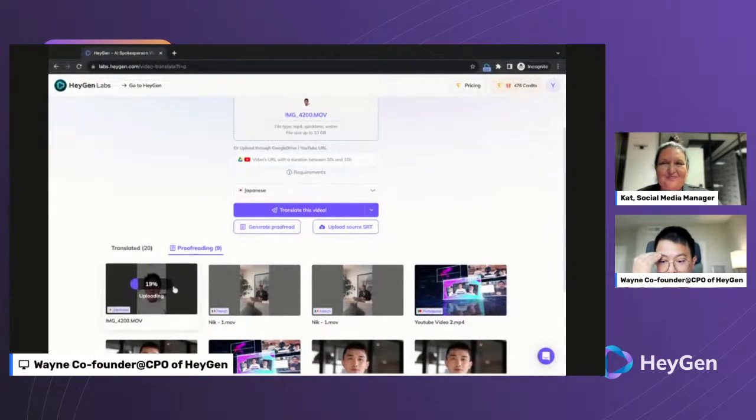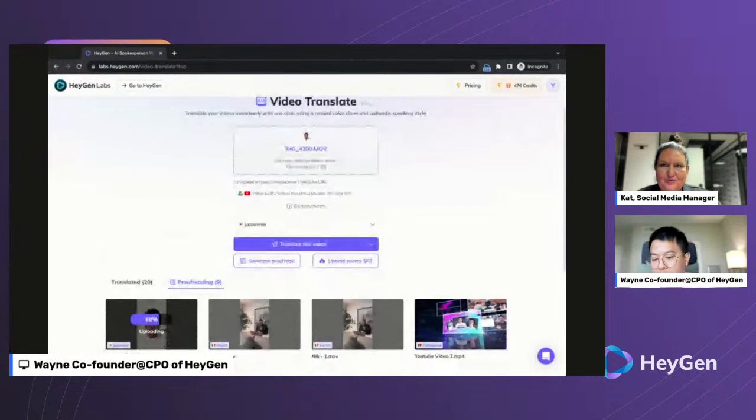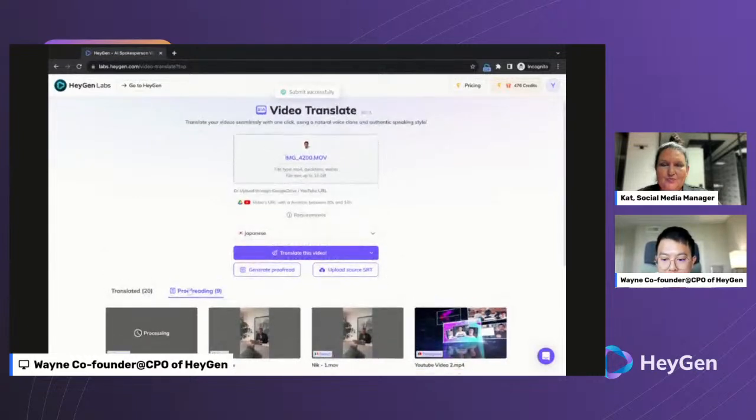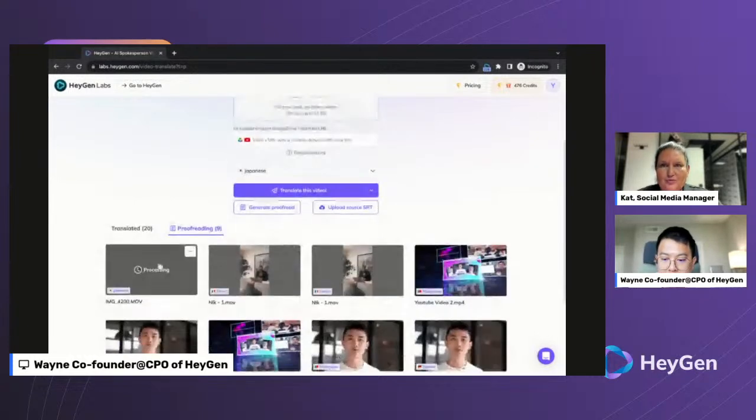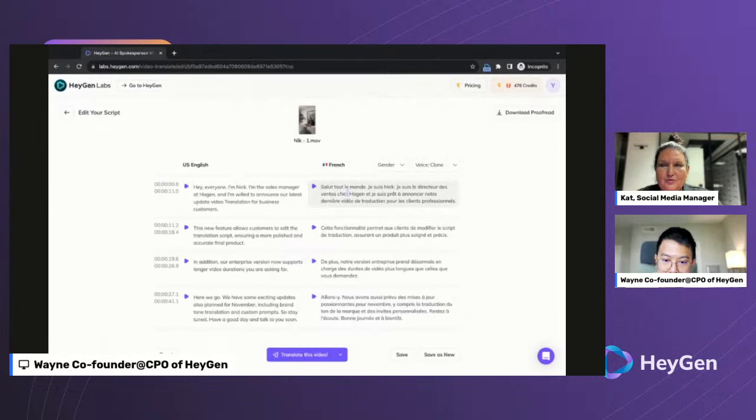So what it does is it's going to transcribe my video and translate my scripts into the target language in words for me to double check, or for my localization team to double check, so that we can make sure it's definitely correct and accurate. And then we go submit for real translation, right? So it'll take a while, it shouldn't be too long. But here's how the previous proofread looks like, right? So I think we submitted this video of Nick, and you will see it in English, and we wanted to do it in French.